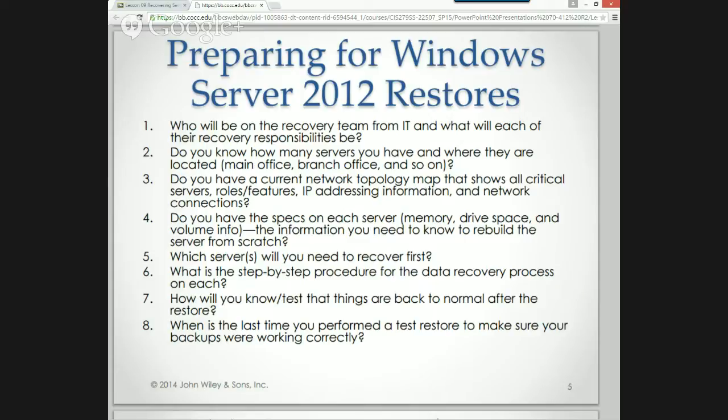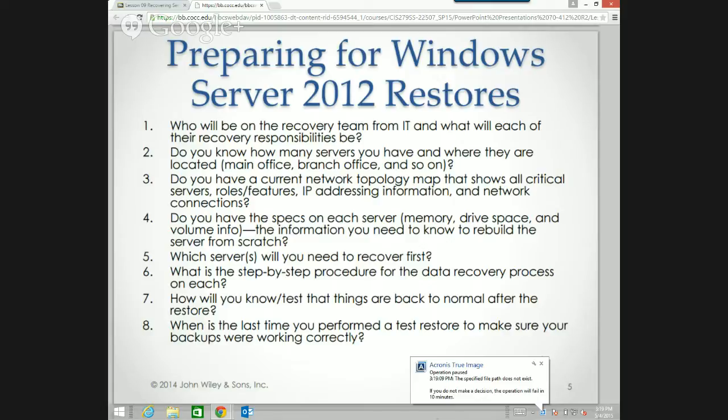I was going to ask a question not related to the DC in particular. When they talked about knowing what's on each server and how to restore it, is that kind of how they determine what roles and features you want to install on each server? Because that impacts the ways it can be backed up and the ways it can be recovered. Yeah, and the ways it's restored.